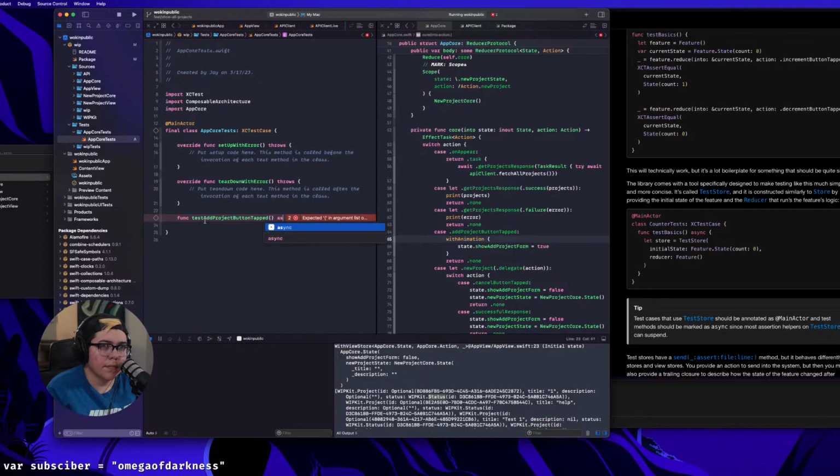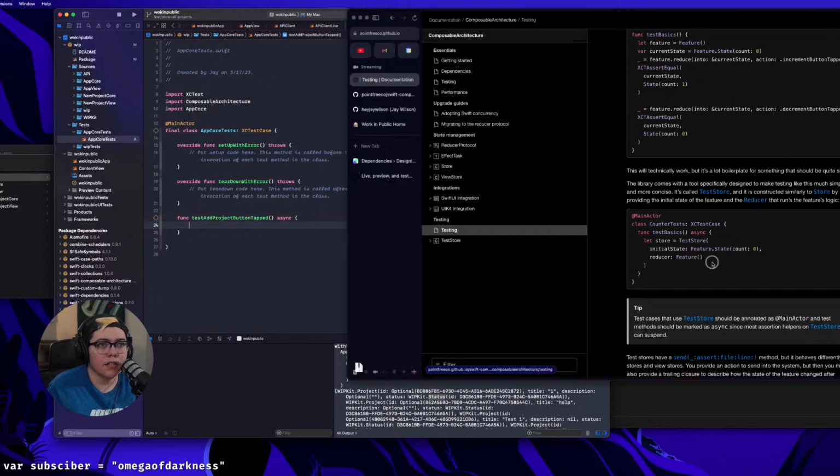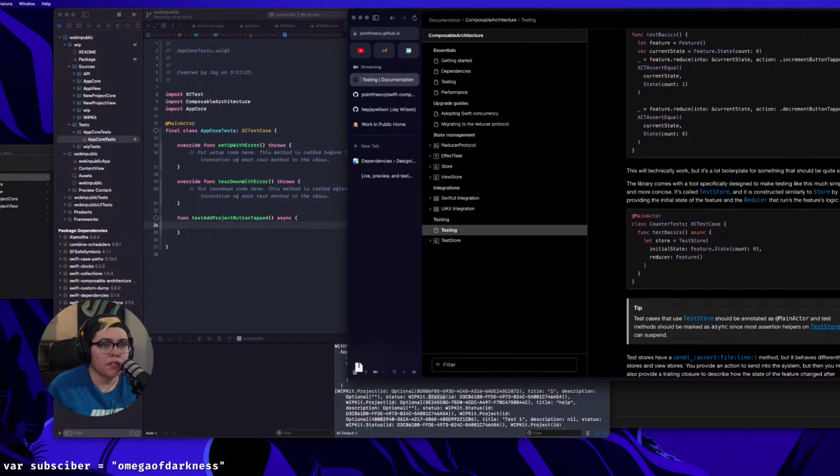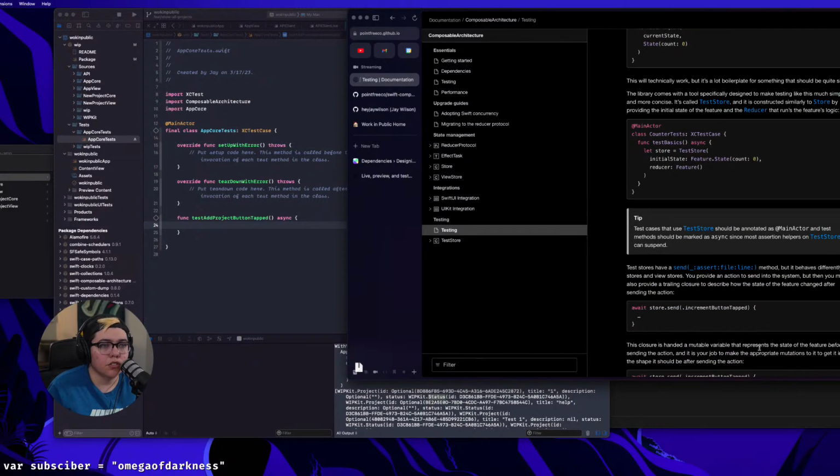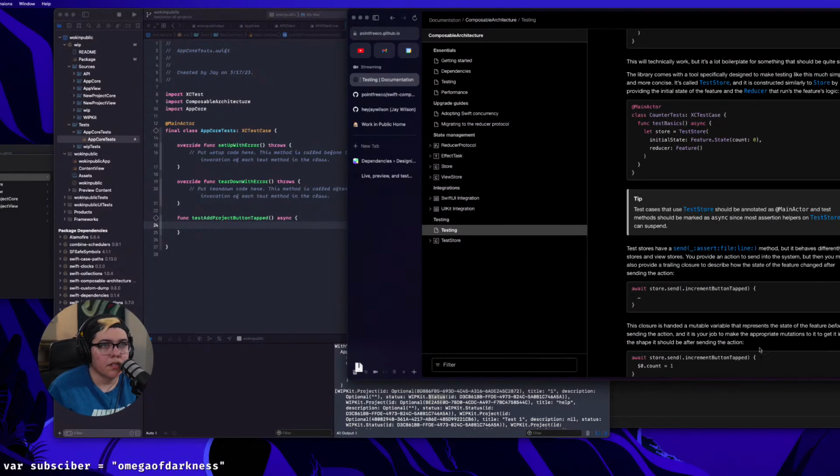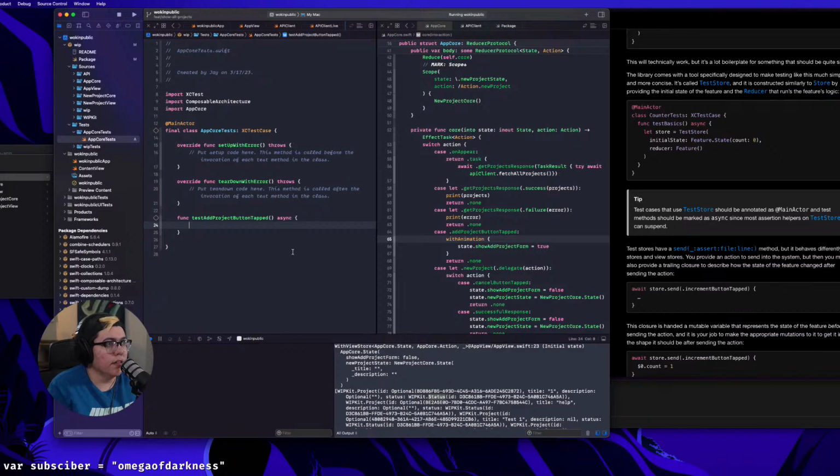And I guess we want it to be async. I don't quite know. The library comes with a tool specifically for the test stores. Test cases that use test store should be annotated as @MainActor, and the test method should be marked as async. Most assertion helpers on test store can suspend. Gotcha. So now we'll say let